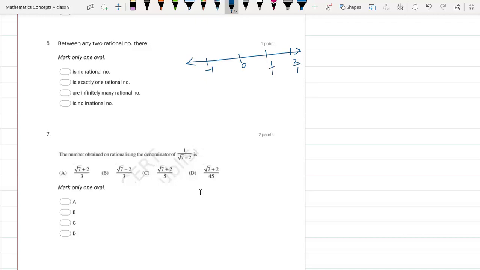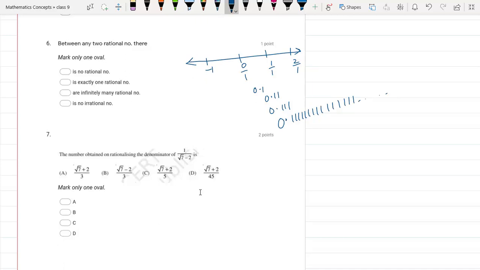So if someone asks how many integers are there between 0 and 1, you will say 0 integers, because after 0 only 1 comes in the integers. After 1 only 2 comes. But this is not the case with rational number. Suppose I want to see between 0 and 1 how many rational numbers are there. You can see obviously 0.1 is between these two. 0.11 is between these two only. 0.111, 0. So if you keep on taking like this till infinity, this number will also be between 0 and 1 only.